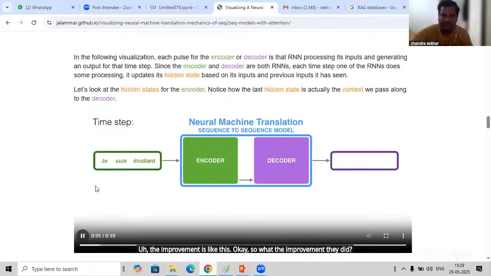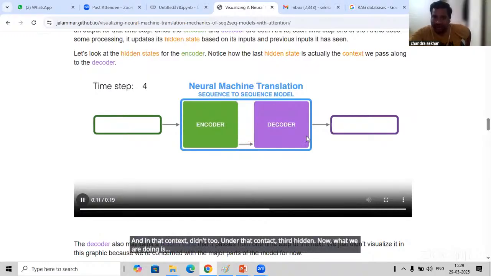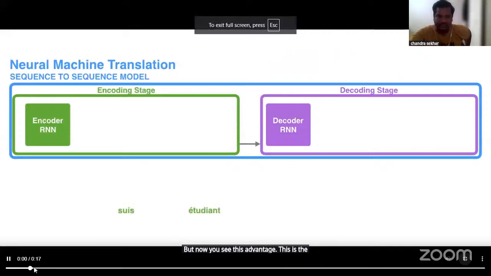The first word will go, get processed, and produce the context. Then that context goes to hidden 2, and then that context to the third hidden. Finally, the final one we are sending. That is one case. But now you see this advanced case. This is the attention case, where if you see,